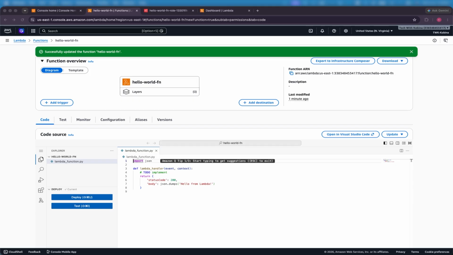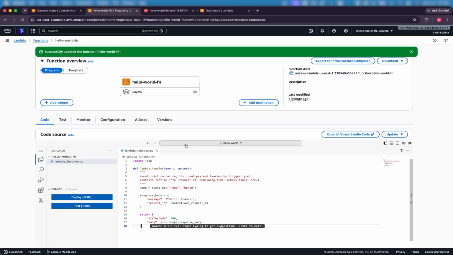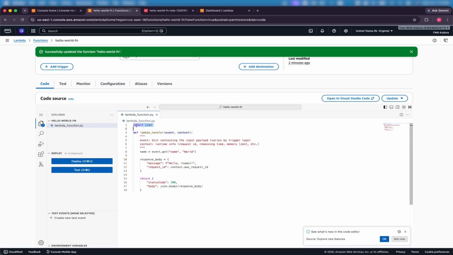And then you have the context that pretty much tells us about the time, the memory limits, and a couple of details that a Lambda function needs to work with. The handler is pretty much the main guy in here. That is the first function or method that is invoked anytime your code is called. So I'm just going to quickly update this, and then I have a very simple Lambda function code. All that I'm saying is that I'm calling my Lambda handler, and inside my Lambda handler, I'm getting an event, and inside the event, there is a property called name. So I'm just getting this name, and then I'm returning a hello plus the name. This is all that I'm doing as part of my Lambda function, and I'm importing JSON so that JSON will